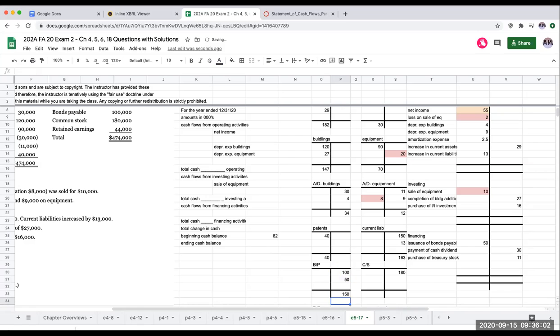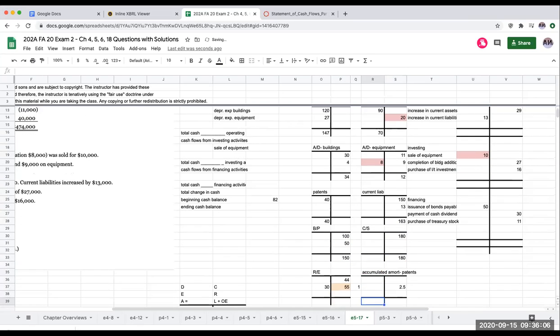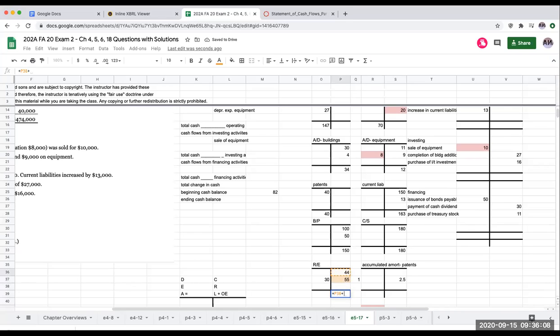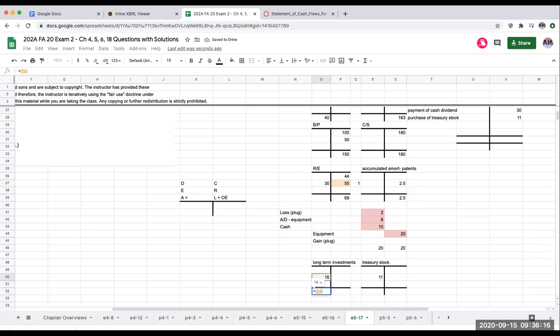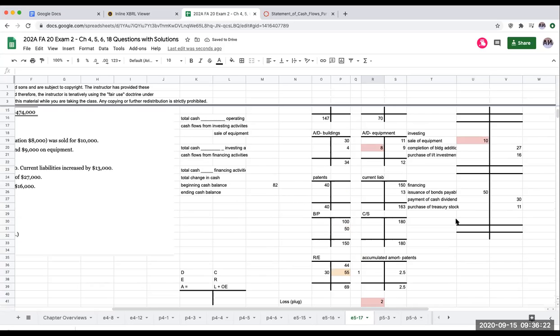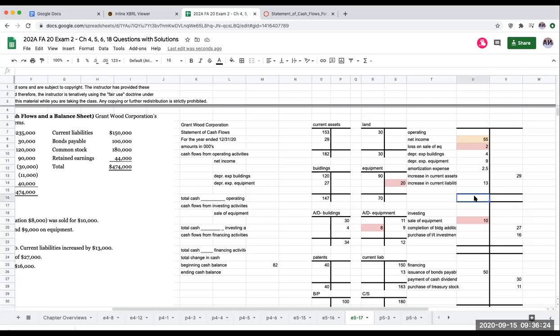My bonds payable are going to be at 150. My common stock is going to be at 180. My retained earnings is going to be at 69. My accumulated amortization on the patents is going to be at 2,500. My long-term investments are at 16, and my treasury stock is at 11. So when I've gone through and done all this, I'm now going to be seeing over here that I have